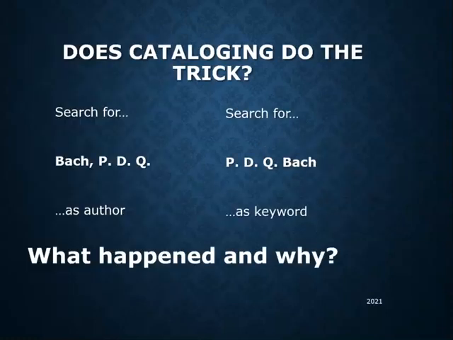As you are contemplating cataloging, try looking for things by a creator named PDQ Bach and compare your results when you search by Bach, PDQ as an author and PDQ Bach as a keyword. Then, think about how the data in the catalog record was intended to meet those objectives, tasks, and principles listed previously, and whether or not the data, or the system, was successful in doing that. We'll talk more later about how this should work, whether it does or not, and why.